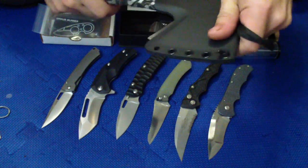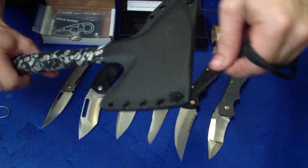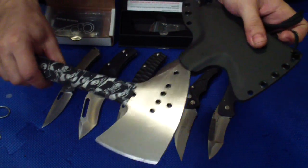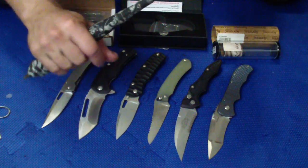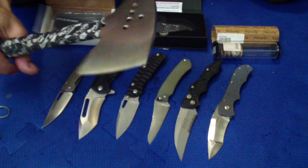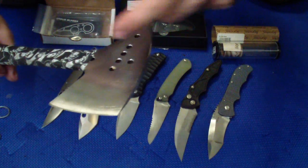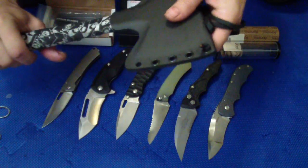So like I said, it just takes a little bit of habit, put it in there. Doesn't need any security retention. All it needs is just the right angle of retrieving, and it's there. It has that duct tape handle with that sports tape on top, spike on the bottom. Nothing super pretty, but it has a pretty nice grind. It has some scratches in there, and the sheath will scratch it over time, but it still is, you know, hand ground